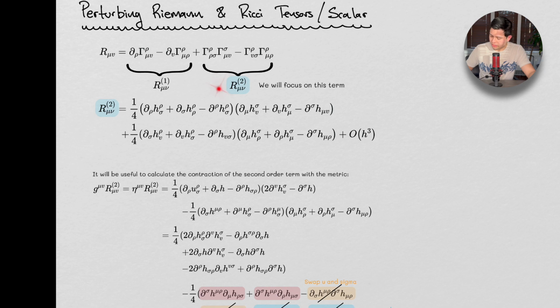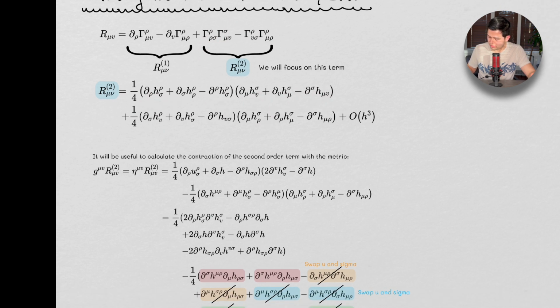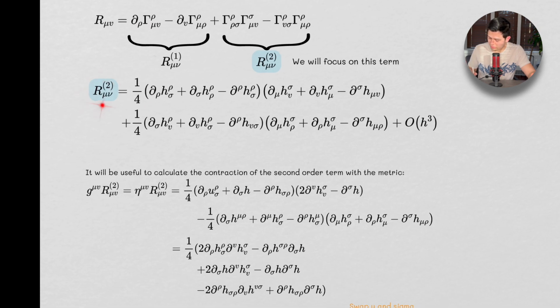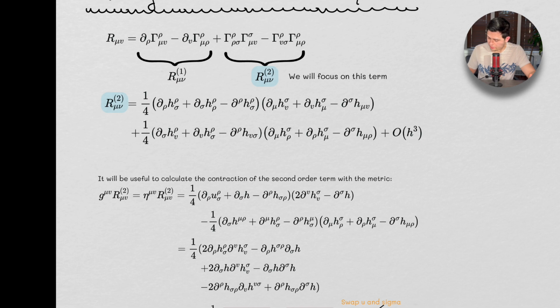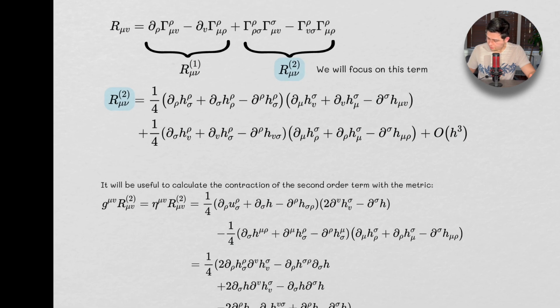Right, so today we're focusing on this term of the Riemann curvature tensor. And here it is, right? So this is straight up. We just plug in what we have for our connections, and we're just really gonna play with this now because this is the Ricci tensor, and so the Ricci tensor is we want to identify the mu's with, or we want to identify rho, right? So we're